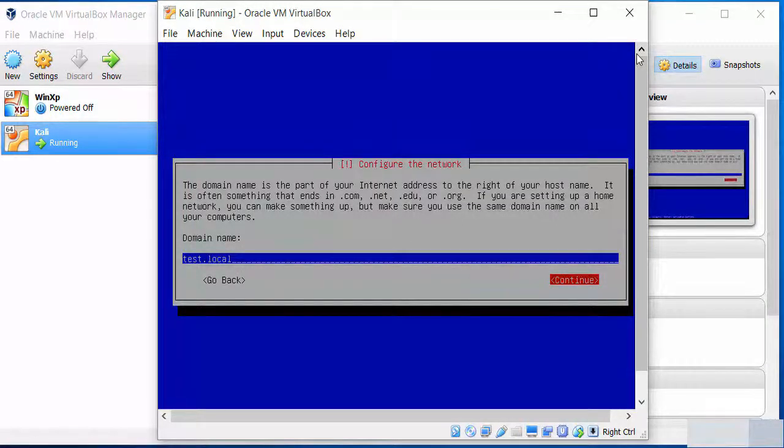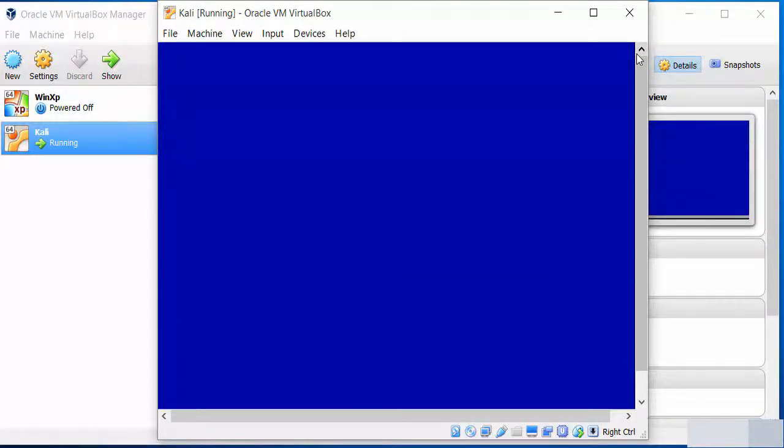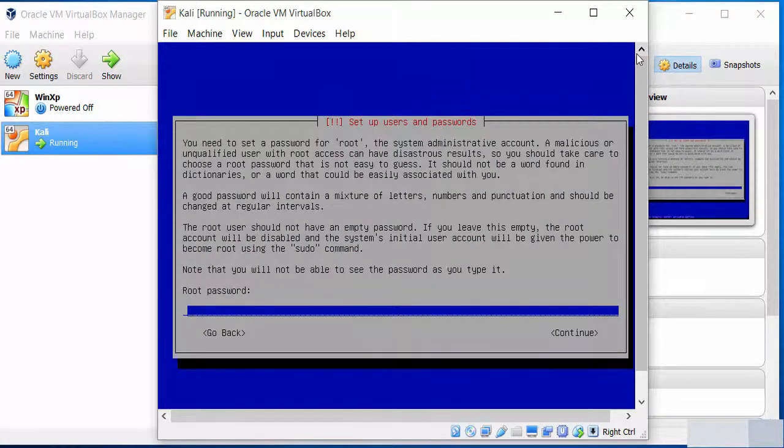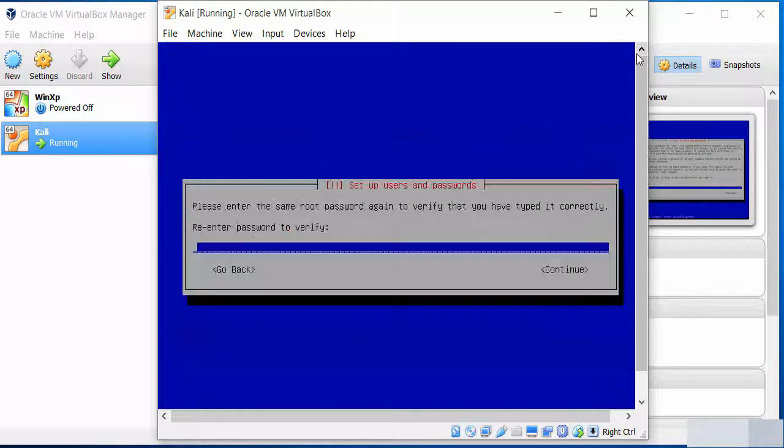I hit continue, and now we get to a password, the root password. You will pick a password that you're going to remember easily, and make sure you write it down somewhere safe so you can come back to it. I'll just type in a password here,